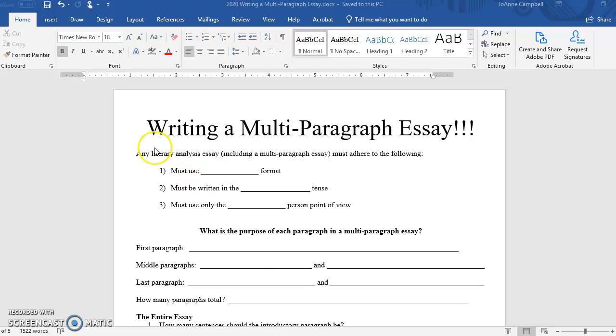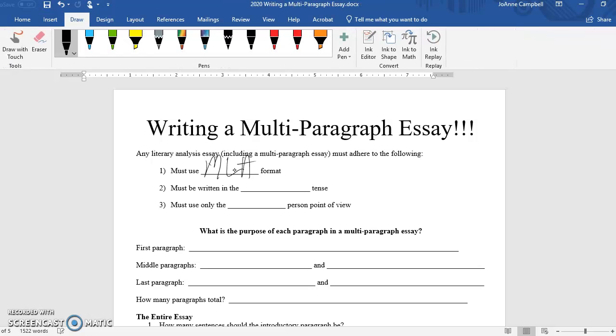All right, starting up here, writing a multi-paragraph essay. Any literary analysis essay, including a multi-paragraph one, has to adhere to all of these. So we've done this already in the beginning of the year with the summer reading essay. So you should know that it's using MLA format. It must be written in present tense, and you're only using third person point of view,